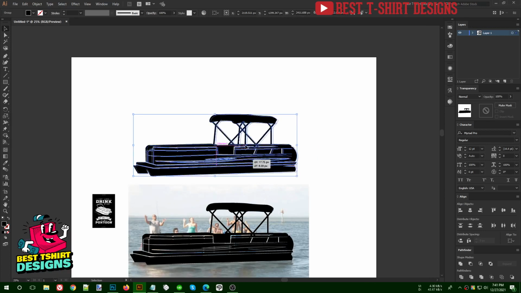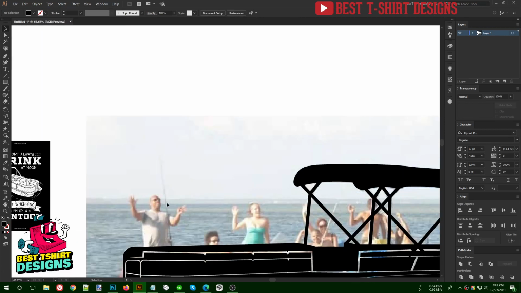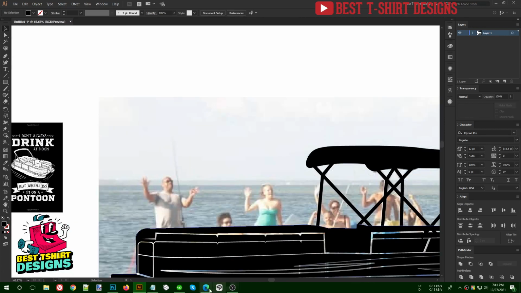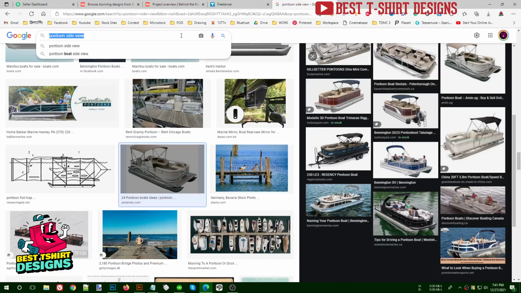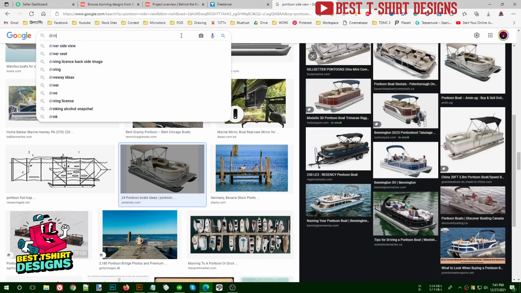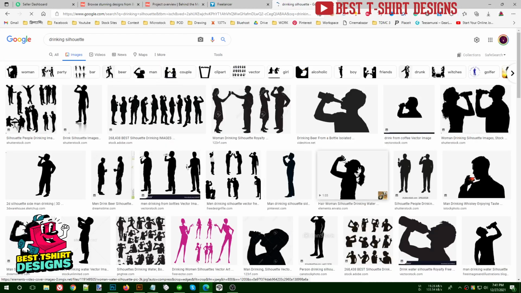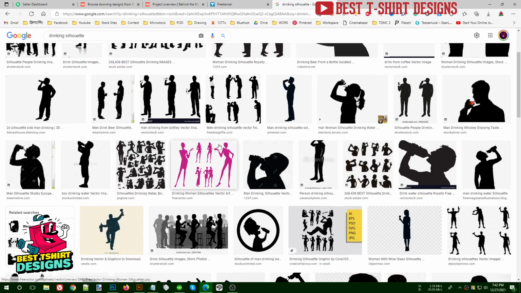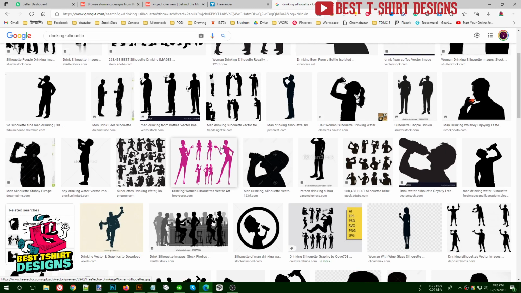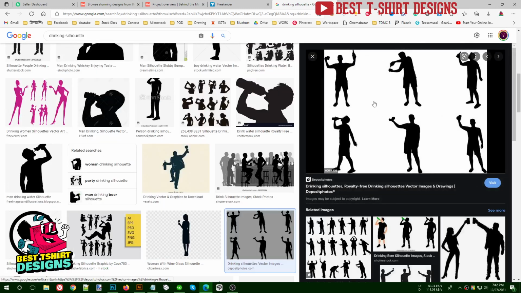Let's make it a group, and then for this area you can search like this, drinking silhouettes, you will find different images, like, of course, not like these images. I want some crazy looking, not crazy like this one. This is a really good one. So this is of Deposit Photos. That means